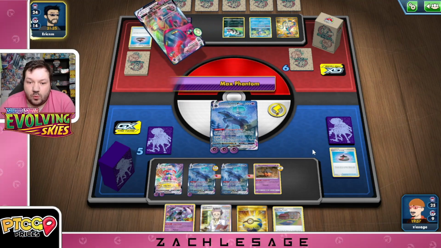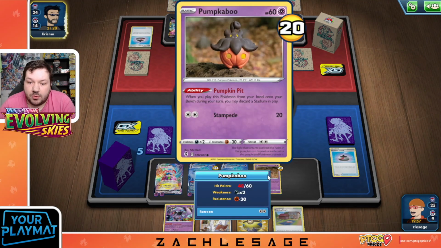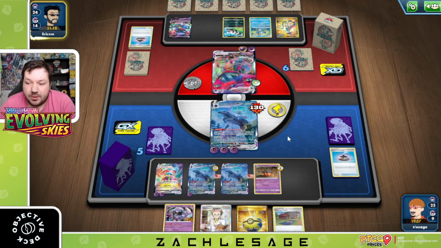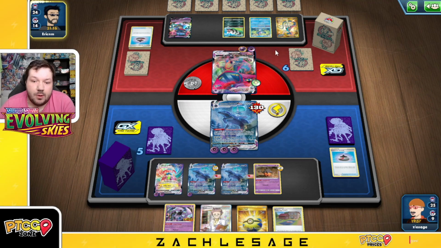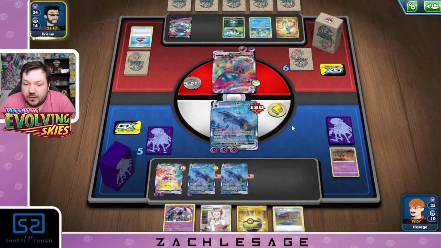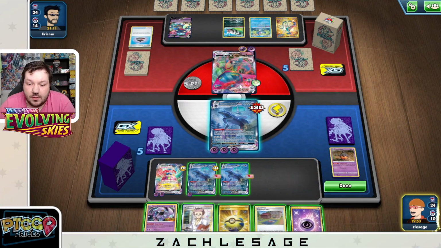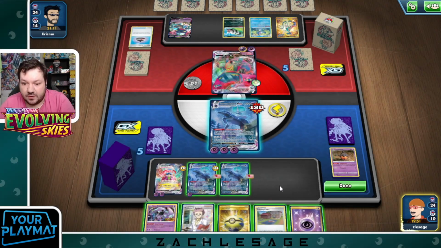We'll have to see what's going on. There's Max Phantom. If they knock out the Pumpkaboo for a few, I'm pretty happy. Because, again, we do have Ordinary Rod. I would like to get some of these cards back. Yeah. So far, we're doing pretty good. We do have ways to get around things. Now, there's no energy in our discard pile, but